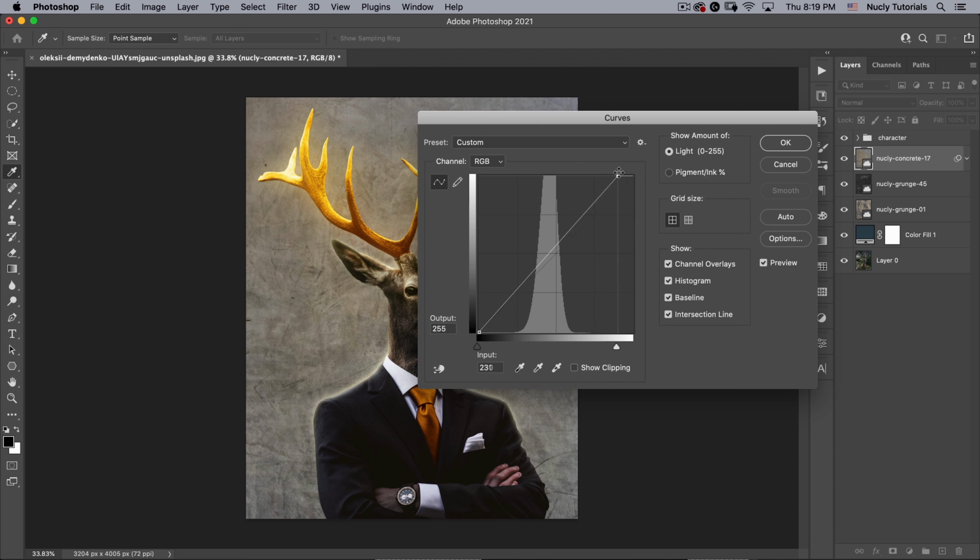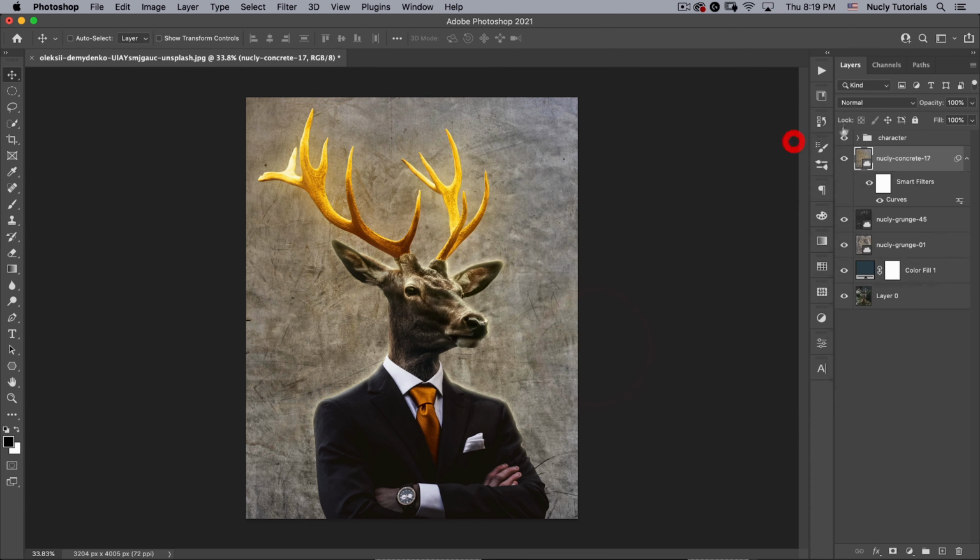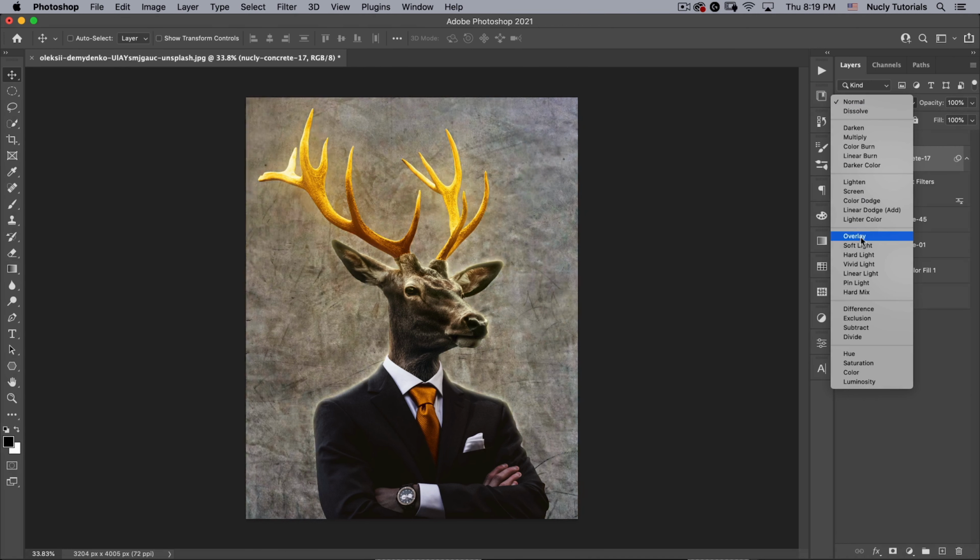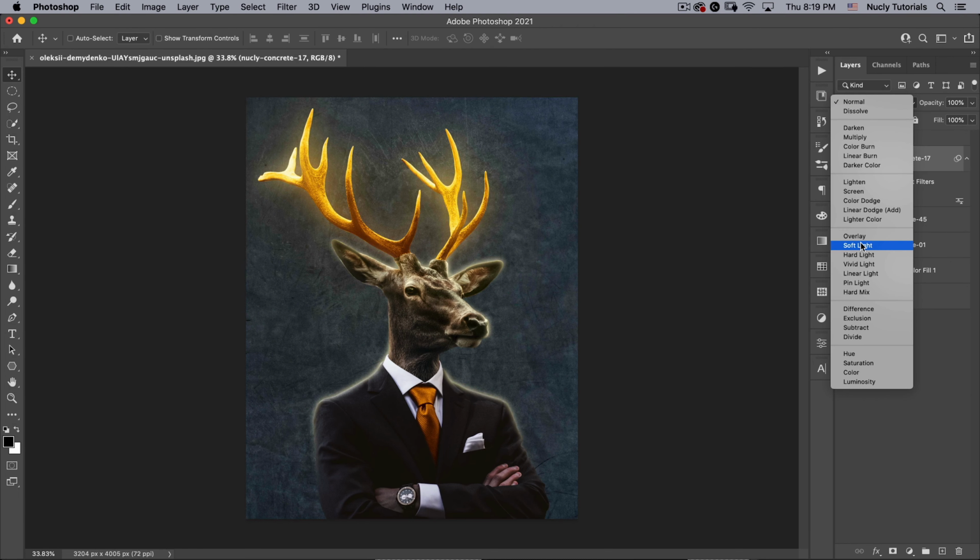So let's adjust that. Right there is the middle, but we can also make this more angled to have higher contrast. So again, where this white line crosses the middle black line is the important part. And then if you just bring these two closer together, you're going to get higher contrast. So maybe we do something like that. Hit OK. I'm going to put this on soft light as well.